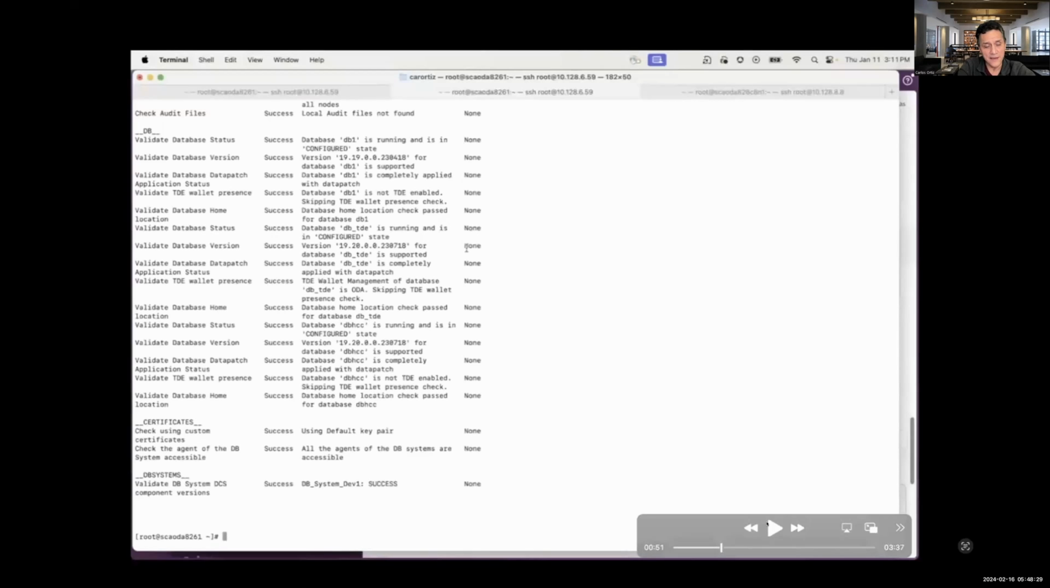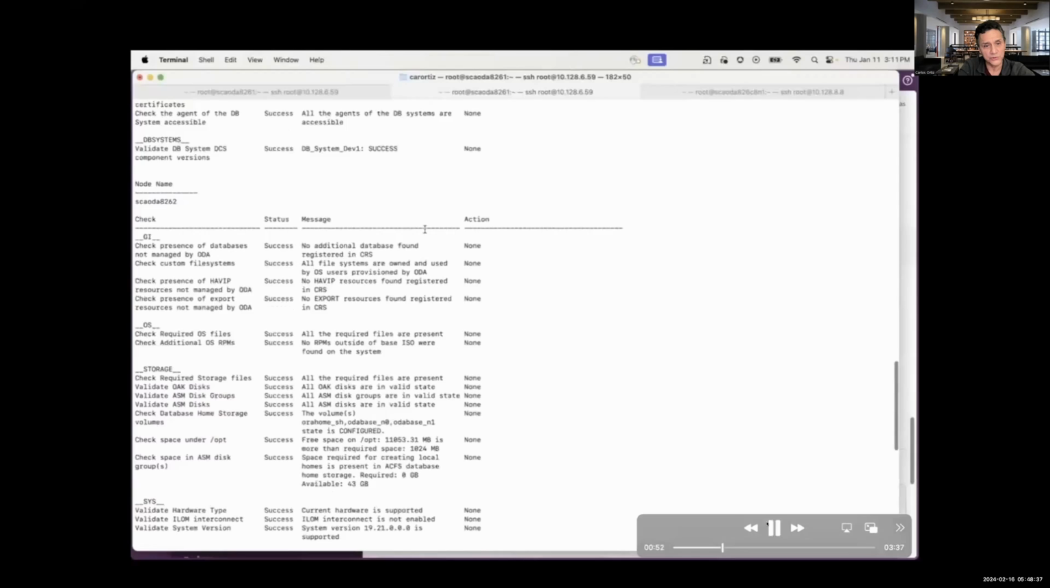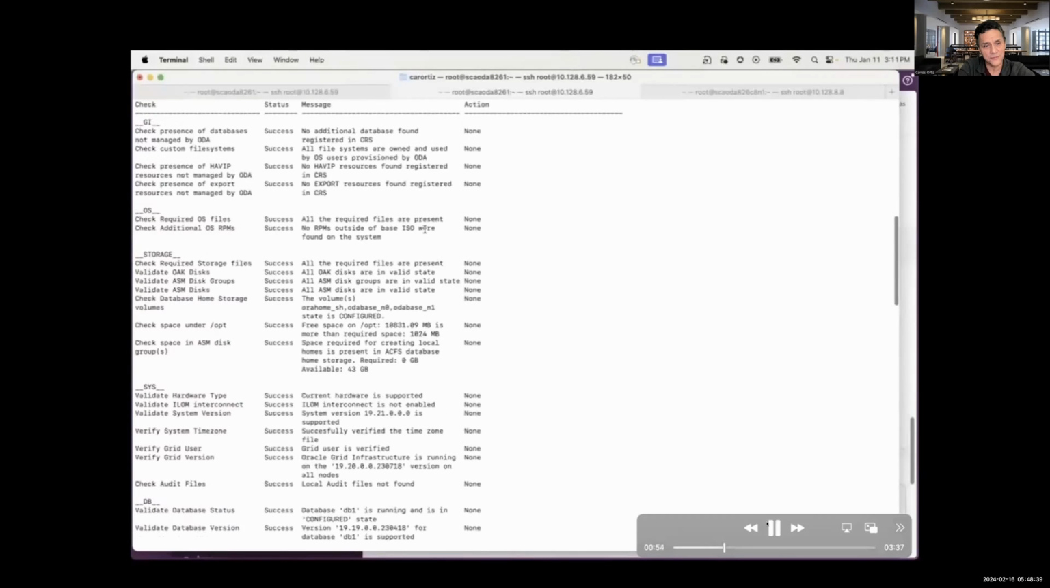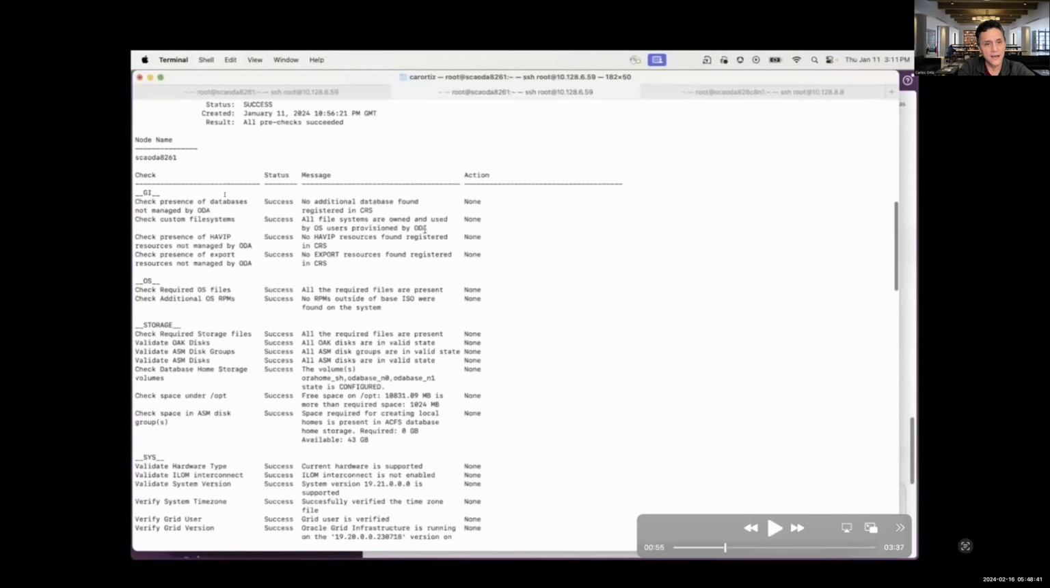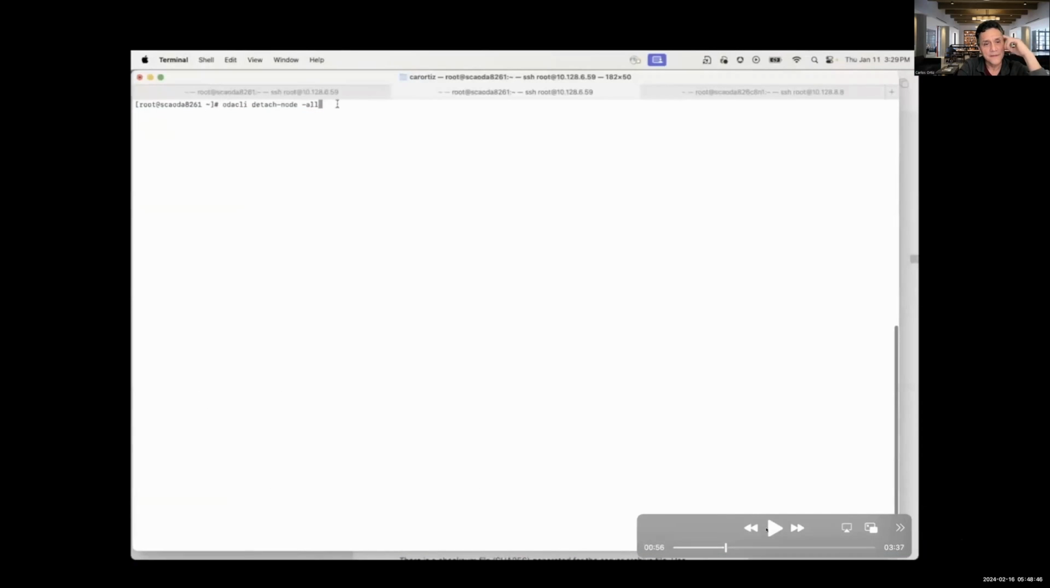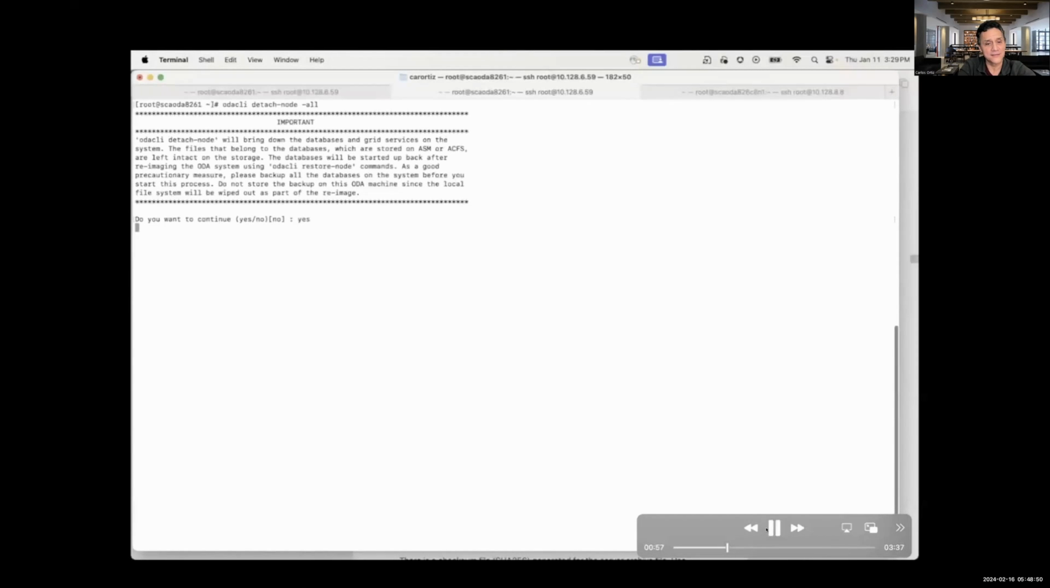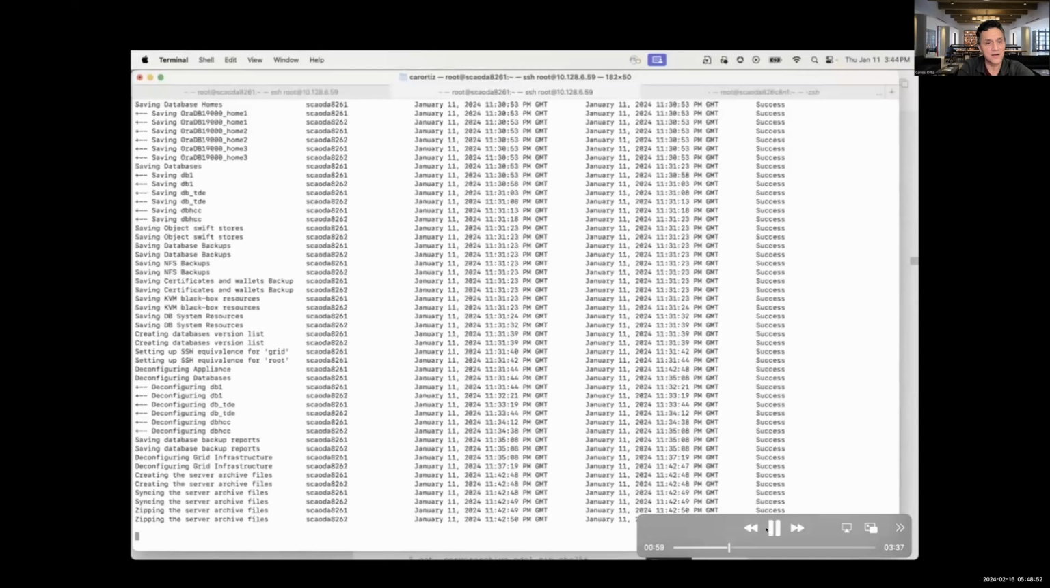And you're going to make sure that everything is successful. If some of the steps are not successful, the user guide gives you some guidance on what to do, right? So here we show that for our HA system, everything was successful, as you can see here at the top, right? Now we can proceed with detaching the nodes. This is the first step in the DPR,